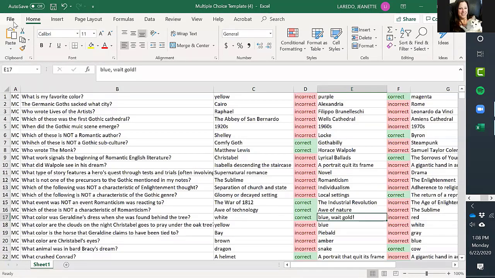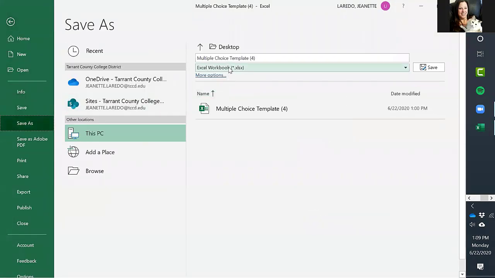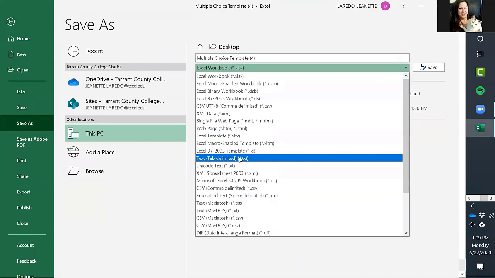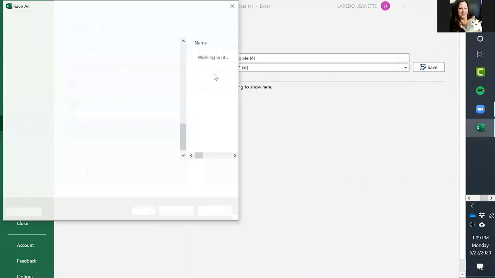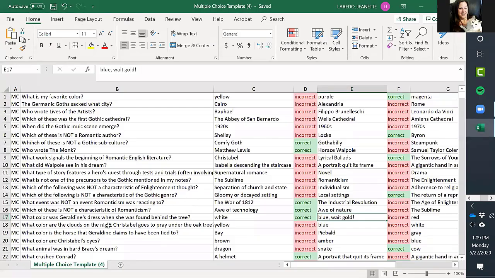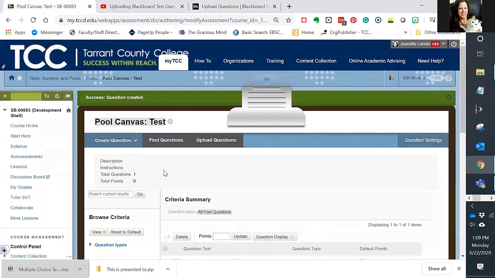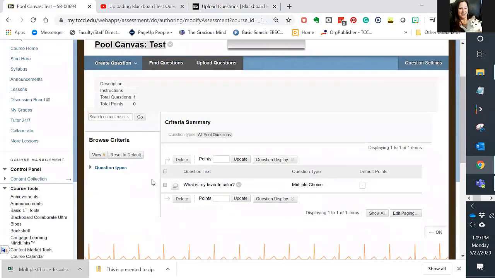What I need to do in order to do that is go to File, Save As, and then I want to save this not as an Excel workbook, but a tab delimited text file. And I want to make sure that it's going to save to the desktop. So I'll hit save, and it will have saved. Now, they're in the format that Blackboard wants. But in order to upload those questions, I need to go into my Canvas, into my pool, and upload those questions. So I'm going to select Upload Questions,